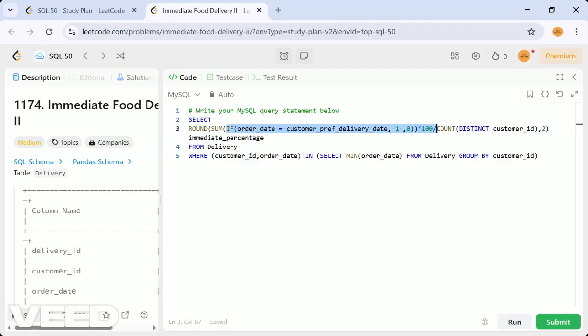So now that is okay. You can give an aliasing name or it is fine without an aliasing name also. Percentage from delivery, and then where customer ID comma order date should fall in select.